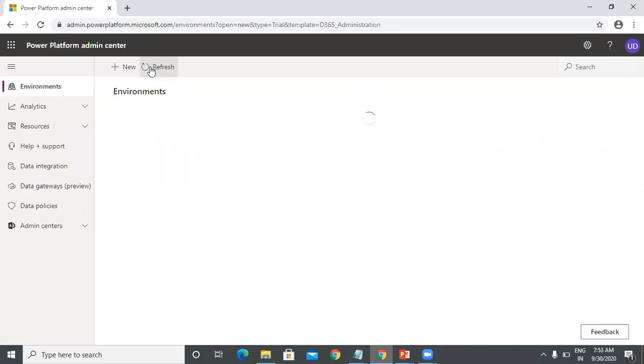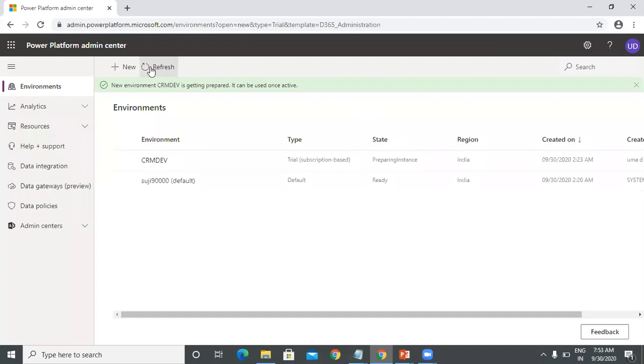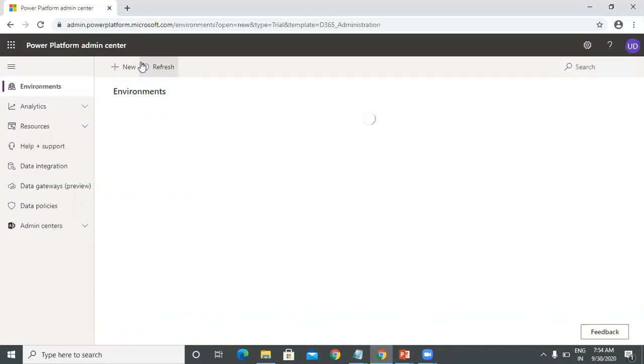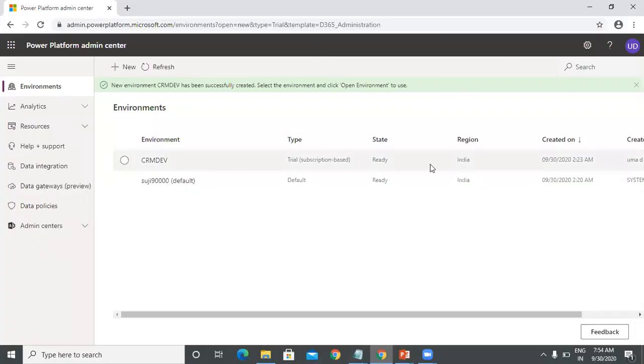If you refresh after a few minutes, once the environment is ready, it will show. Now this environment is ready.